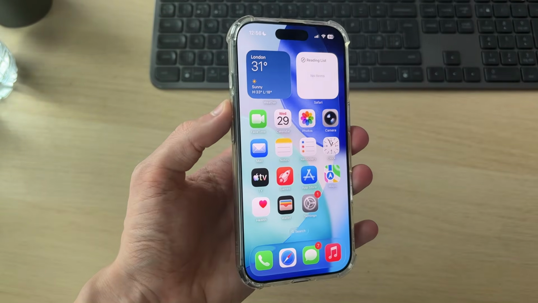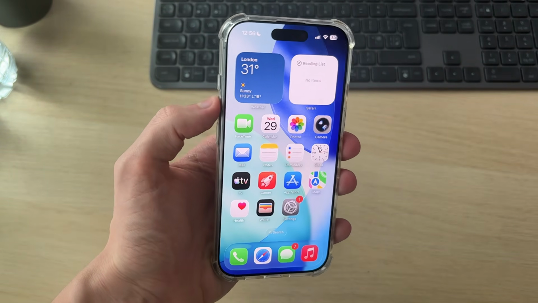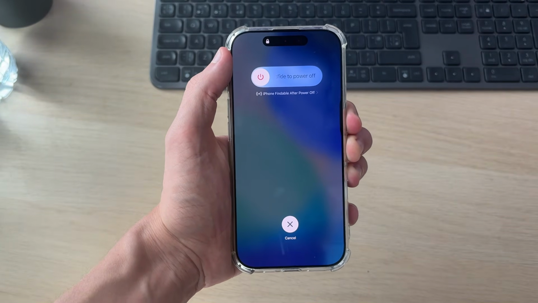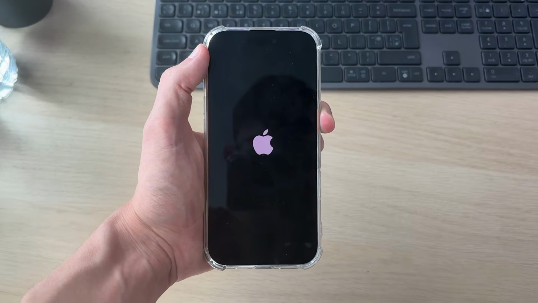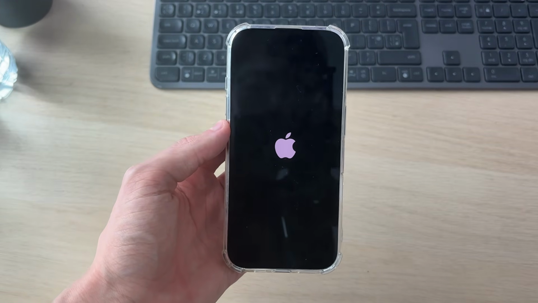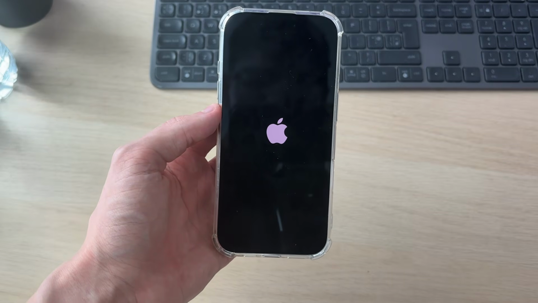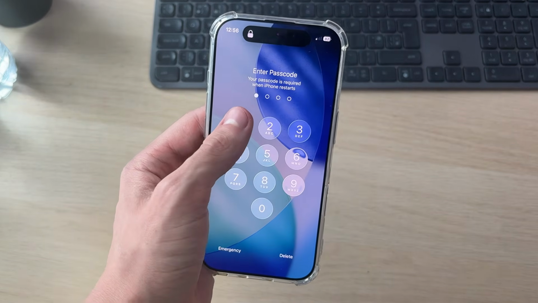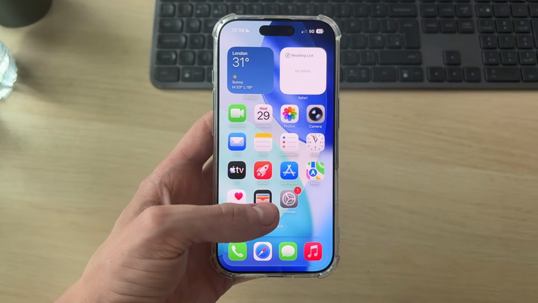If that still isn't working, what you can try doing is pressing volume increase, volume decrease, and then tap and hold the side button to perform a restart. Keep it held down, the screen should go black, and when you see the Apple icon again, you can release. Now it's going to start. Be patient while this happens. When it comes back on, try to connect to the internet and hope now